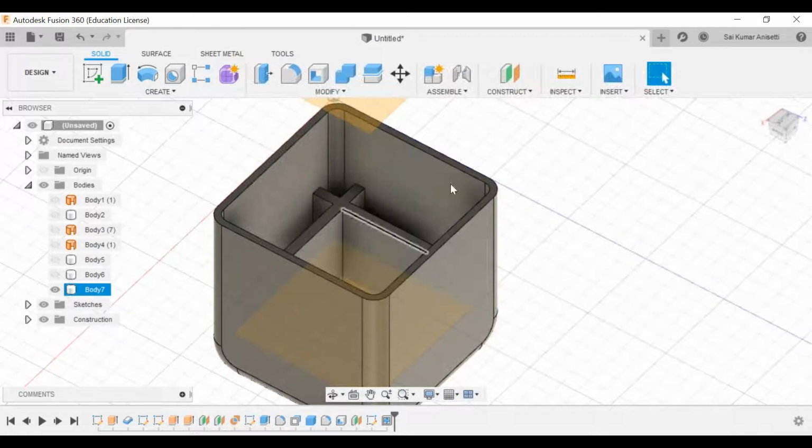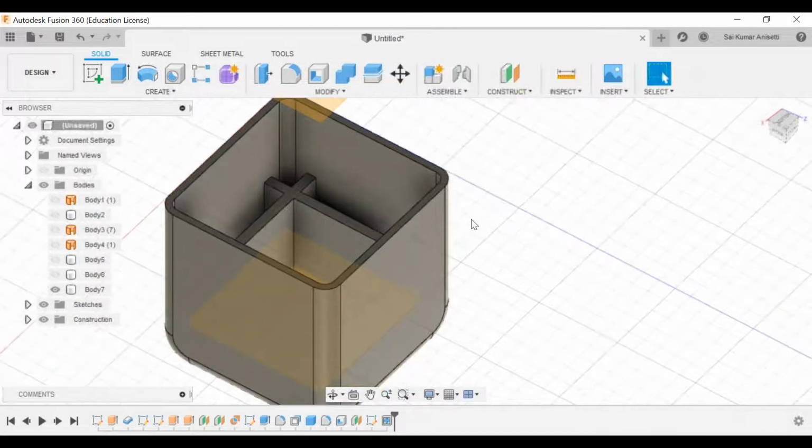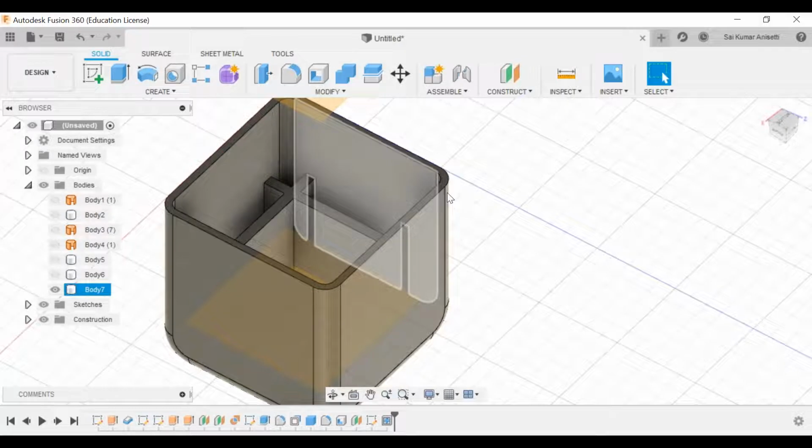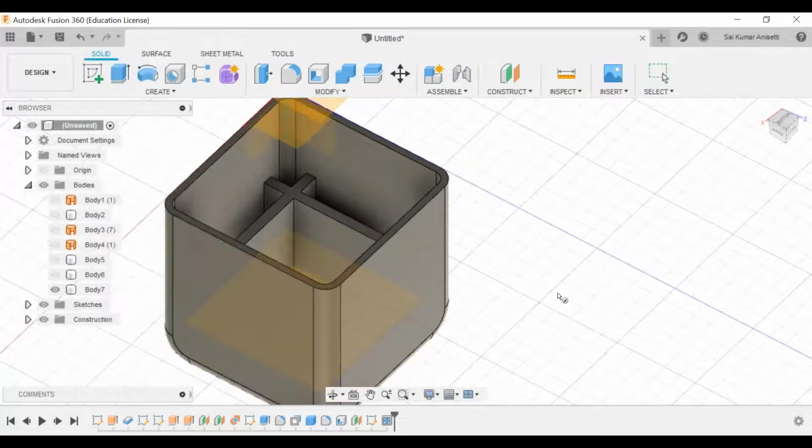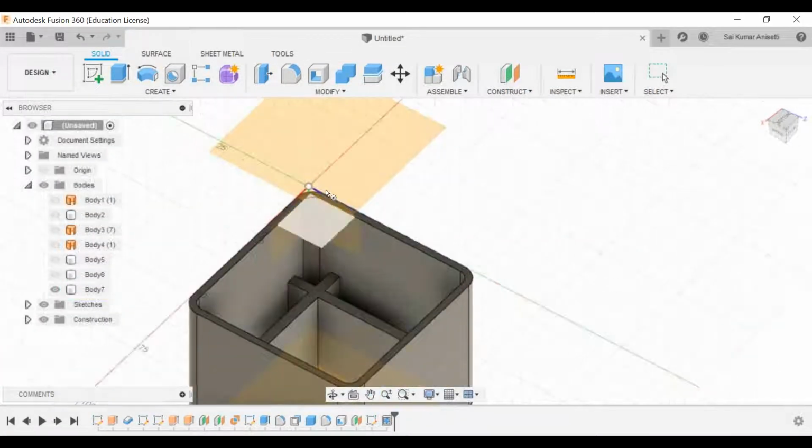Okay. See, shell commands always follow the shape of this box itself. See, what is the meaning of shell? If I have this simple box, right? If I have a circular cross section, if I want to see an example, I will just go quickly. If I have a cylinder, right? Example. Let me do it.